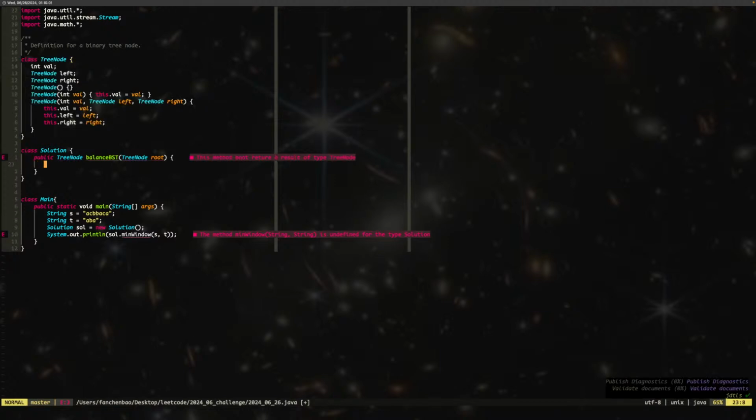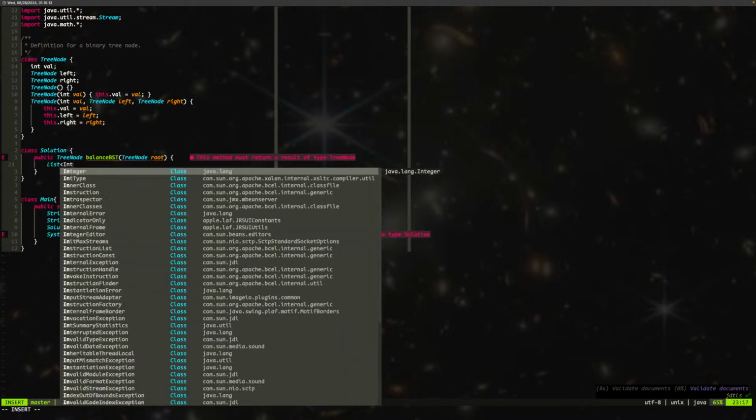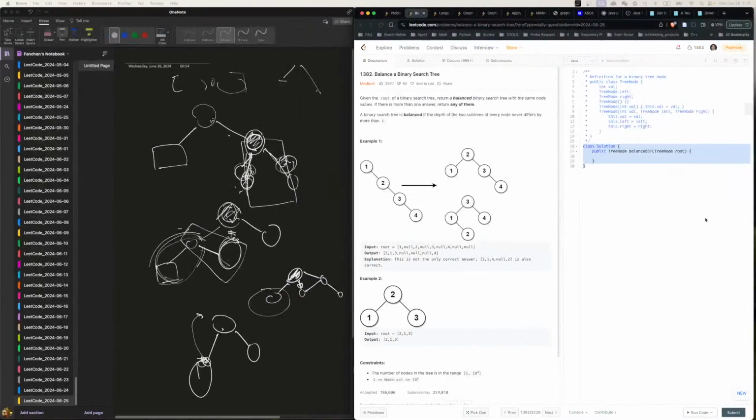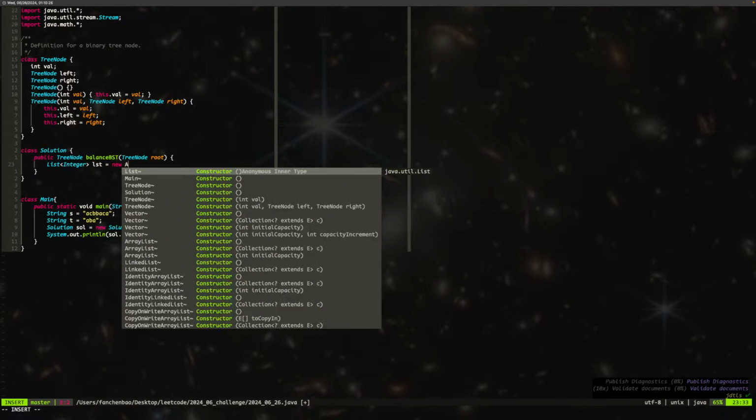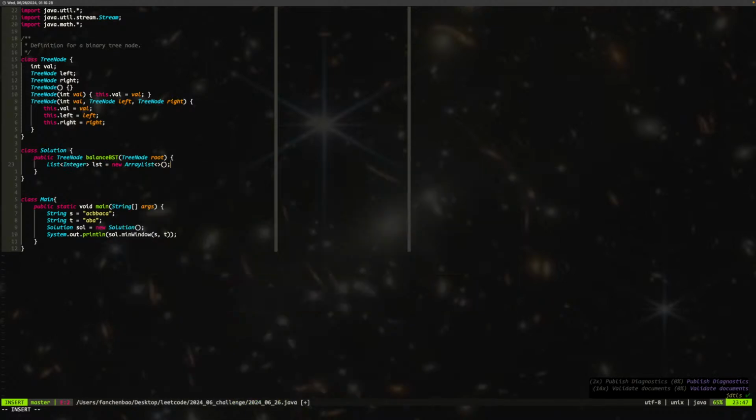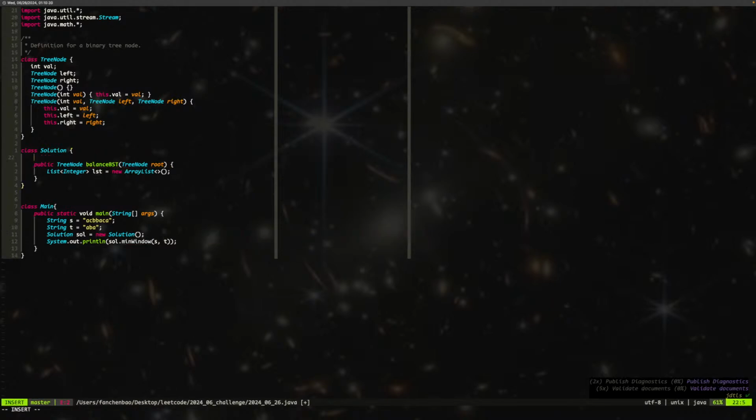Alright, so rebuild it. What we're gonna do is we need to traverse it first to get the list. So we need to say list of integer. Right, that's unique, right? Hopefully. Yeah, I think it will be unique. So it will be this list, new array list. Okay. And then we'll have